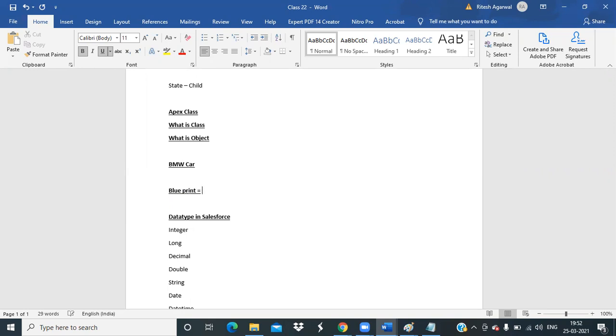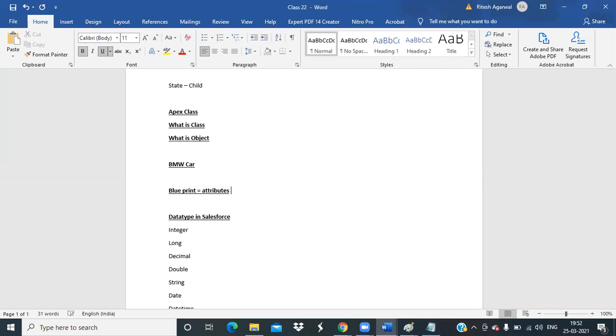What will be there in blueprint? Design with regards to external blueprint and internal design. Yes, correct. Like we can talk about how it will design a BMW car, what its functionality, features and all are, what the parts are. So it will have some attributes.